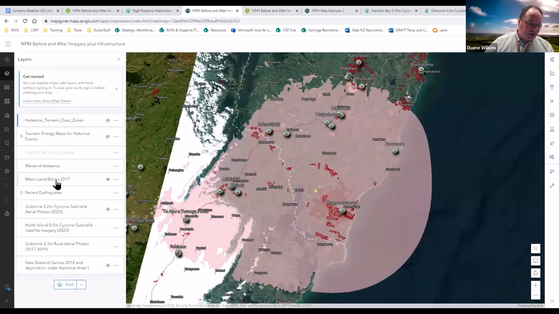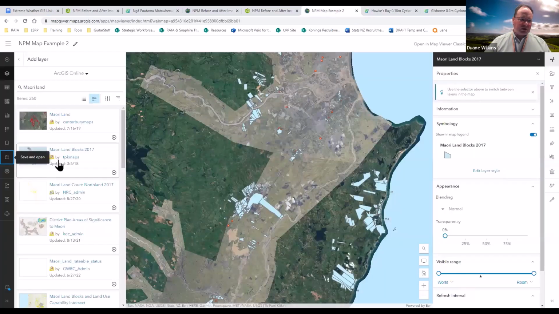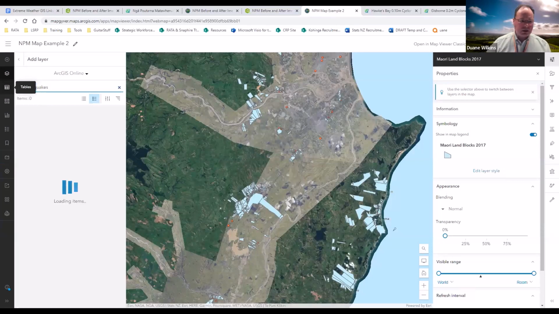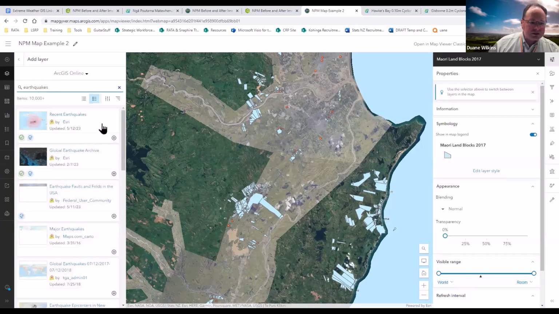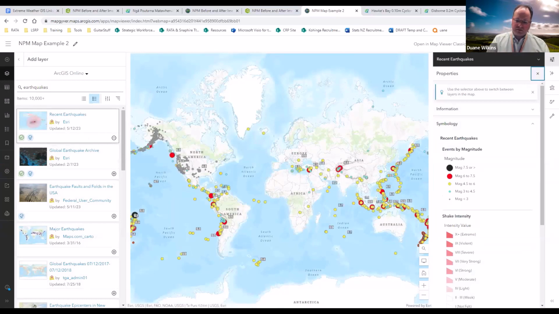We've got marae, land blocks, earthquakes. Okay, because that's right, it's disaster time. So we come to our map and we go, actually, I want, there's earthquakes. I want to see if there's any earthquakes on the coast. Recent earthquakes, Esri. So Esri is the provider of ArcGIS. It's kind of like Microsoft Office. We're using ArcGIS of Esri